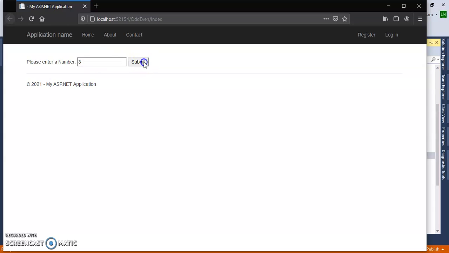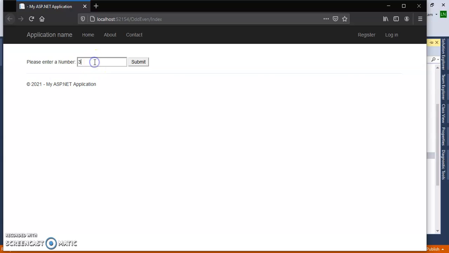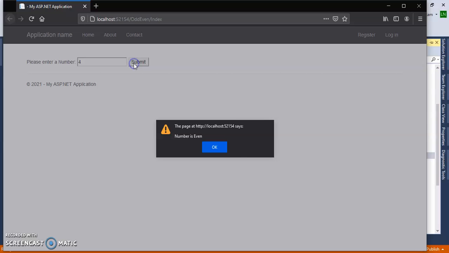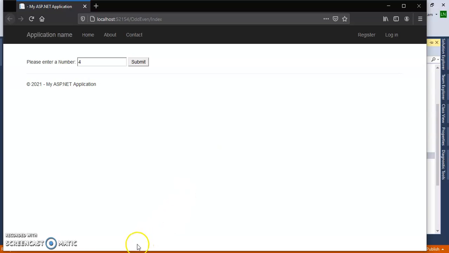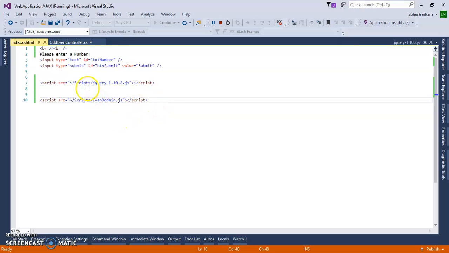It's working, right? For 5 it's odd, for 4 it's even. Now, if we try to use a CDN in place of this local server script, let's see what happens.